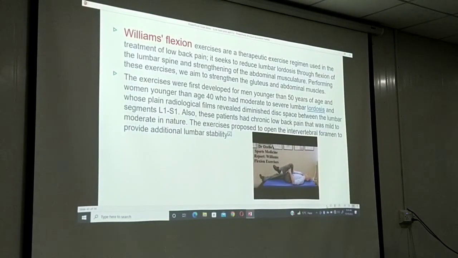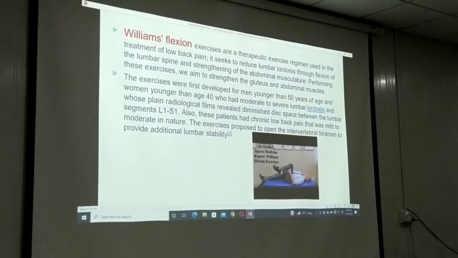Williams flexion exercises are a therapeutic exercise regime used in the treatment of low back pain. It seeks to reduce lumbar lordosis by flexion of the lumbar spine and strengthening of the abdominal musculature. Particularly pregnant females के अंदर क्योंकि वो lordotic curve increase हुई होती है, तो उनके लिए Williams flexion exercises are mostly recommended, कि सीधा लेट के